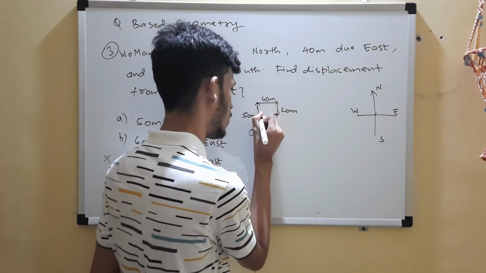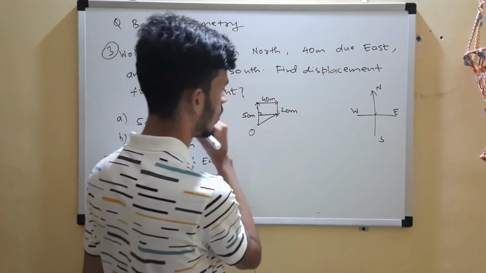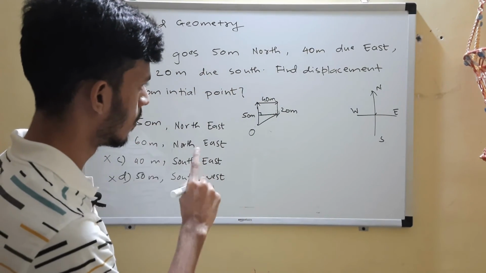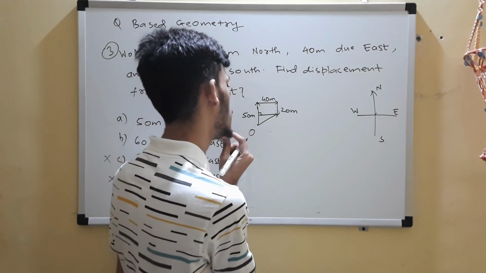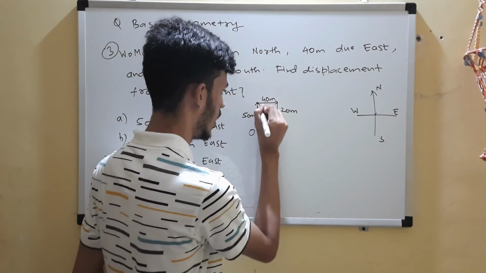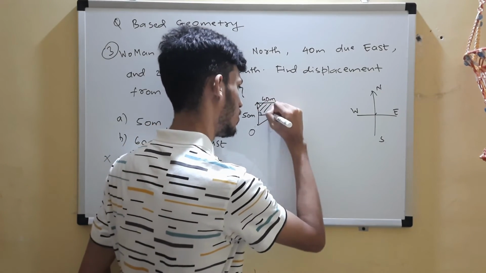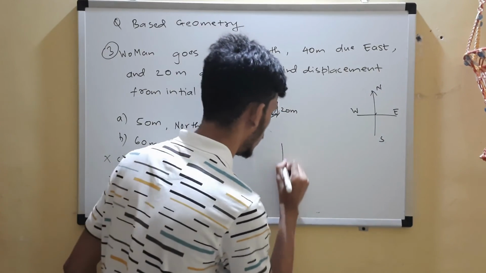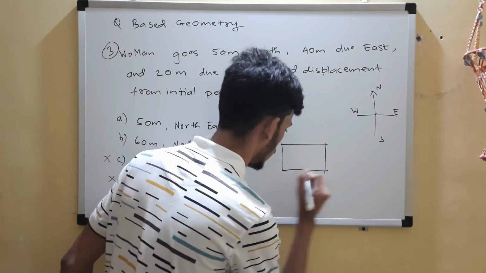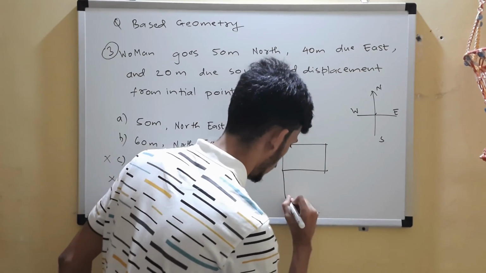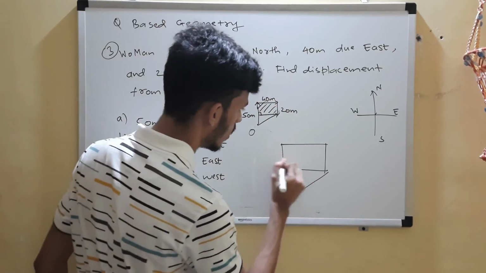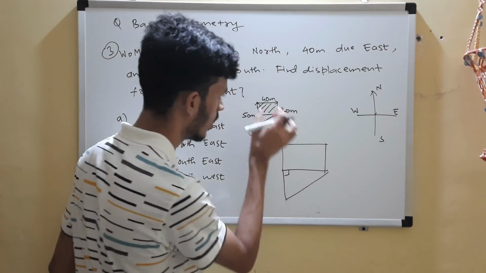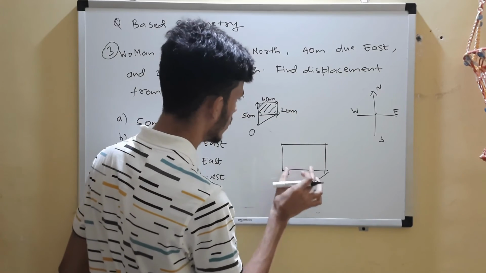So I will use this logic. I have dropped a perpendicular from there. It's not a vector, I have just dropped a perpendicular. So if you see, this is a rectangle, right? Now I'm shading it. I'll draw it outside. So I drew a perpendicular over here. So this was a rectangle. This whole thing here zoomed in is a rectangle.